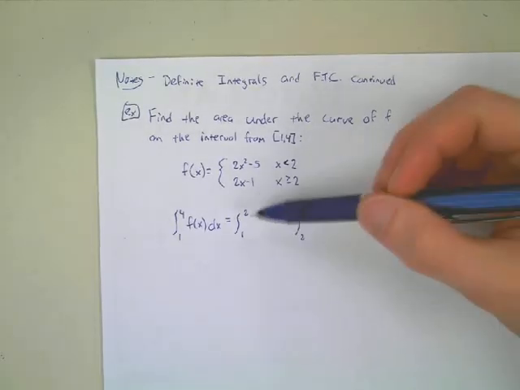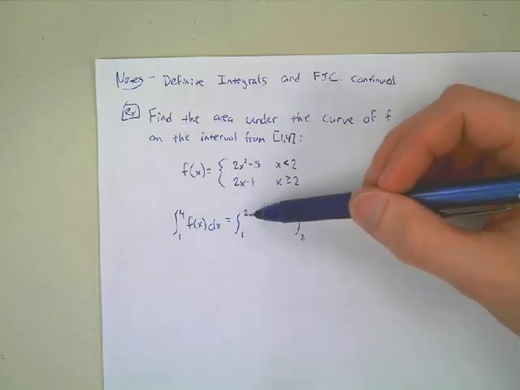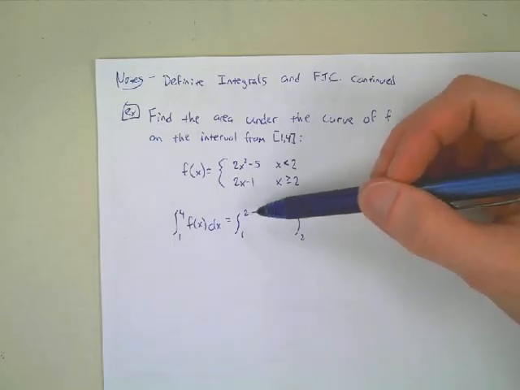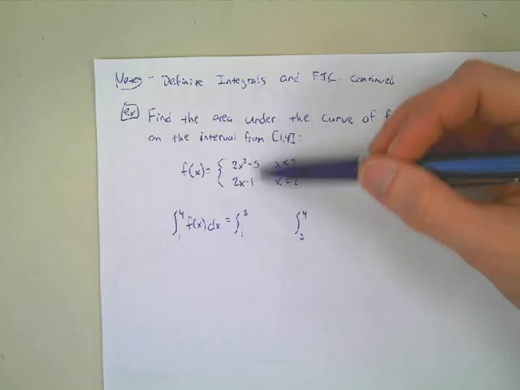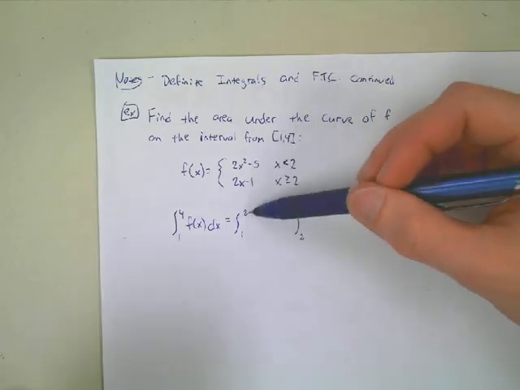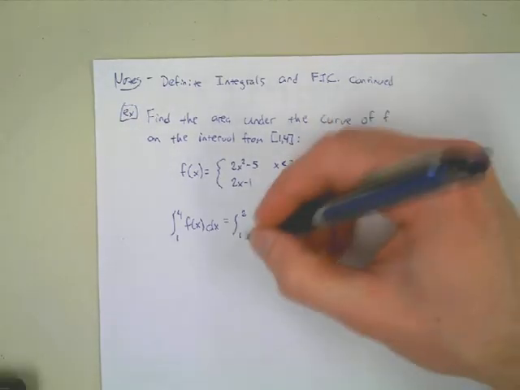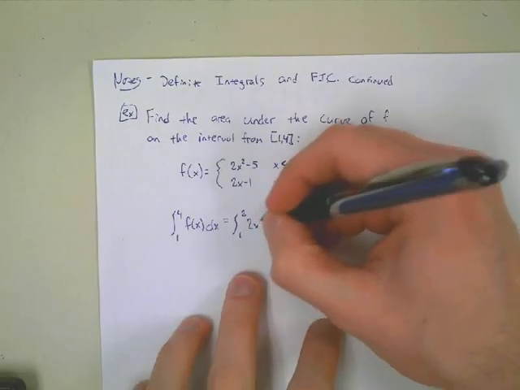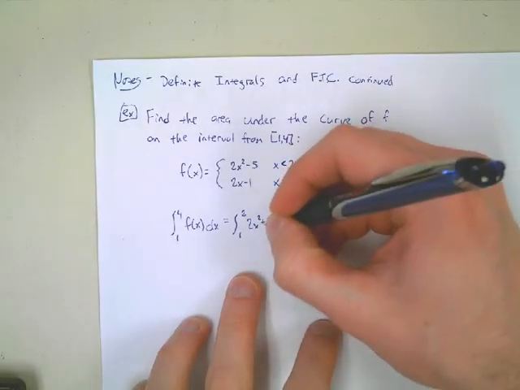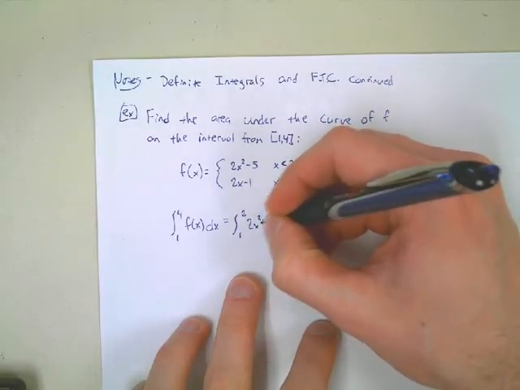So for the 1 to 2 interval, okay, Anna, which one of these two functions should I be using? For the 1 to 2 interval, which one of these two functions deals with x values between 1 and 2? The first one, right. How are you able to tell that? Yeah, x value is less than 2, exactly right. So for this interval, we're going to integrate, whoops, and I put a plus when I should just mean a minus, right? That should be a minus